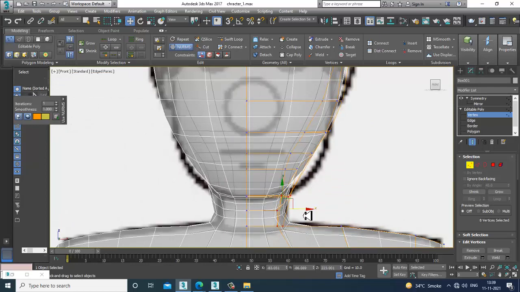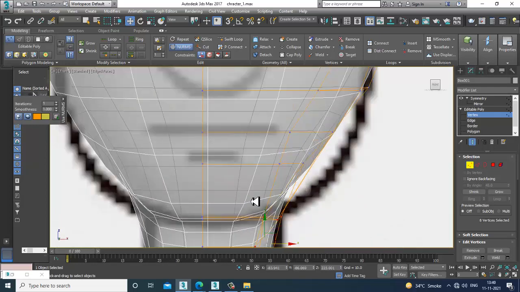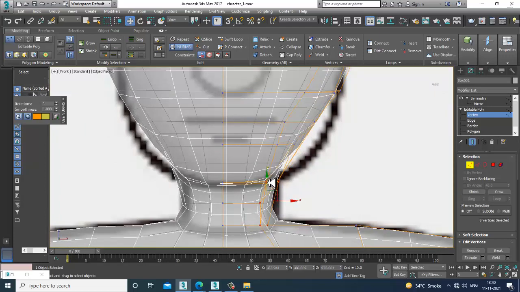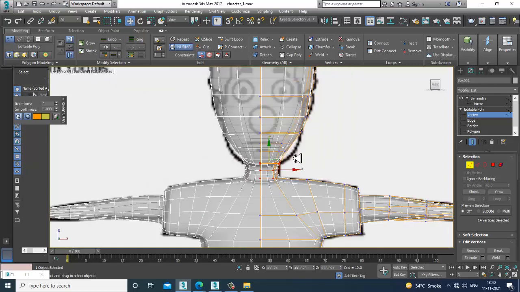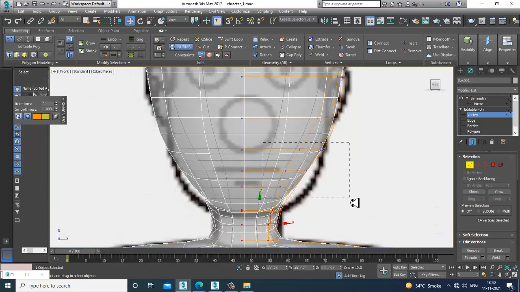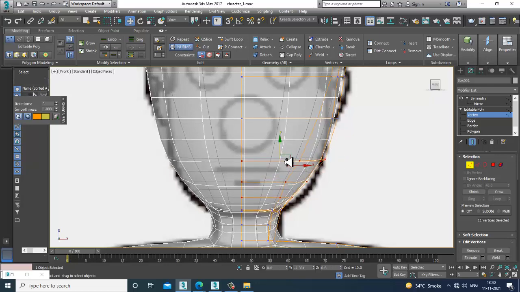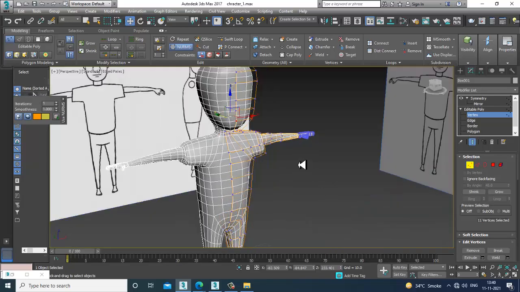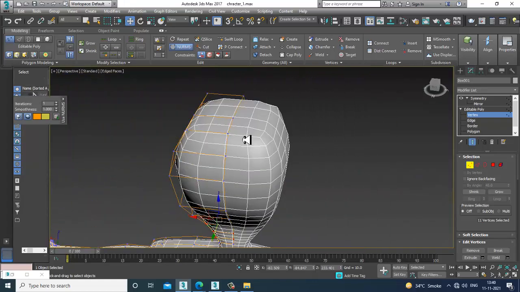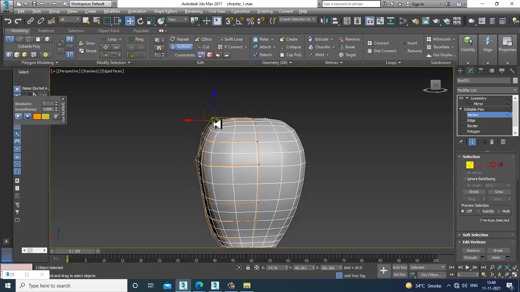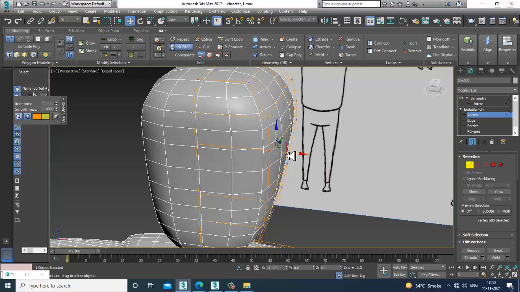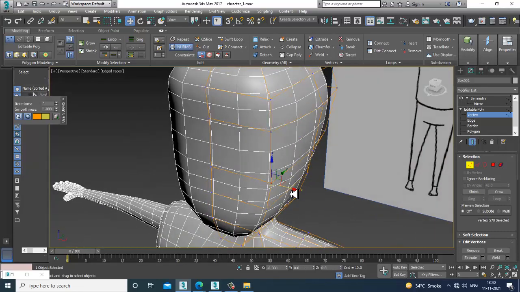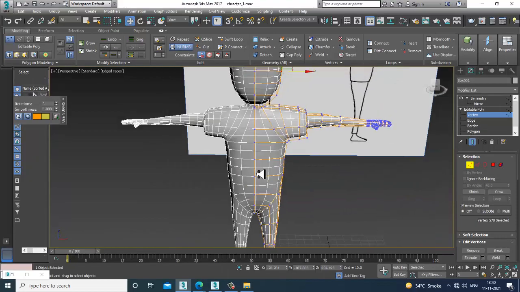This looks really good now. Make sure you adjust all these elements properly. We'll be detailing the eyes and the nose part. Alright.